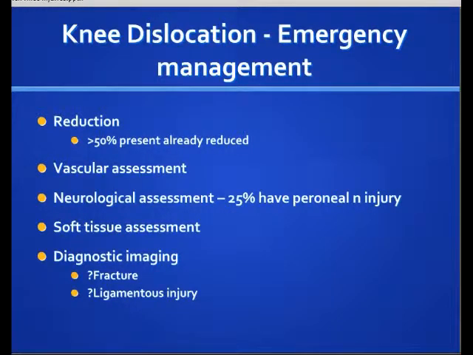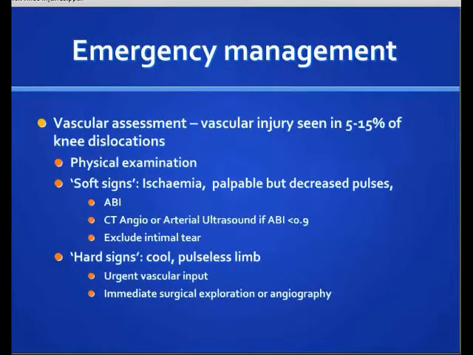Regarding the vascular assessment of a knee dislocation, they say that 5 to 15% of knee dislocations have some kind of popliteal artery or vascular compromise. This can be assessed on physical examination, but patients who present with some suspicion of vessel injury, such as reduced or asymmetrical pulses, can be investigated further using an ankle brachial index,